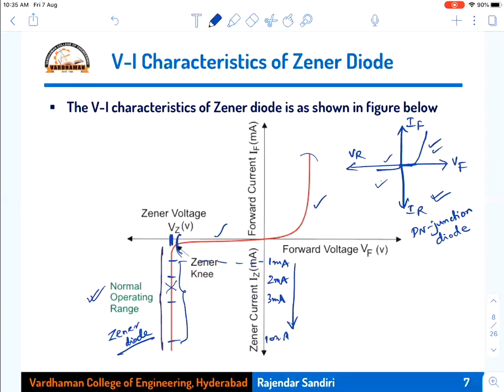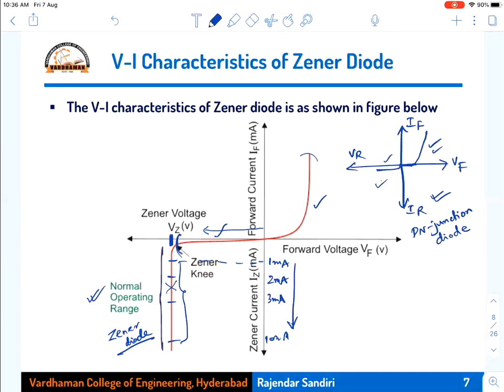So that property also, even if the current is increasing, the voltage should remain the same. Even if the temperature is increasing, the voltage should remain the same. Even the input voltage is actually your reverse voltage, right? Reverse voltage you are increasing, but the reverse breakdown voltage will be fixed at Vz. So input voltage increasing, also the output voltage remains the same.